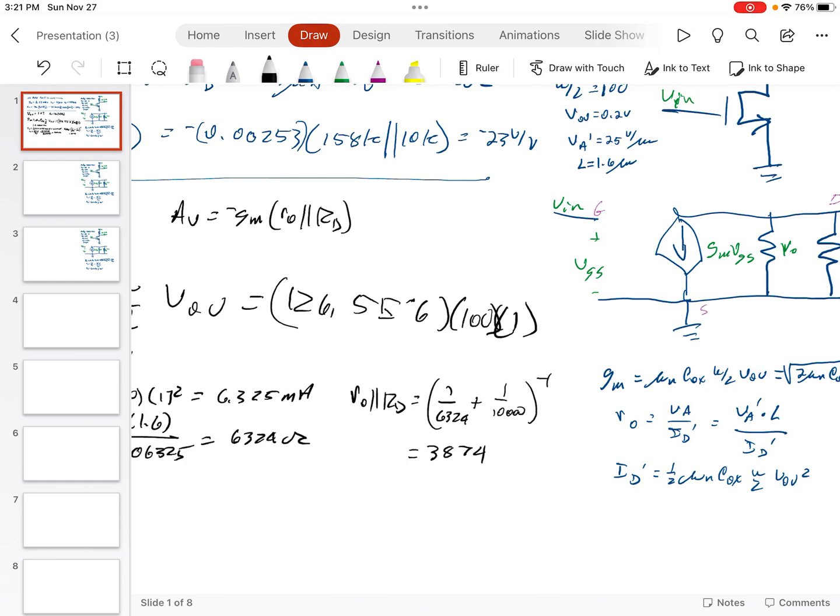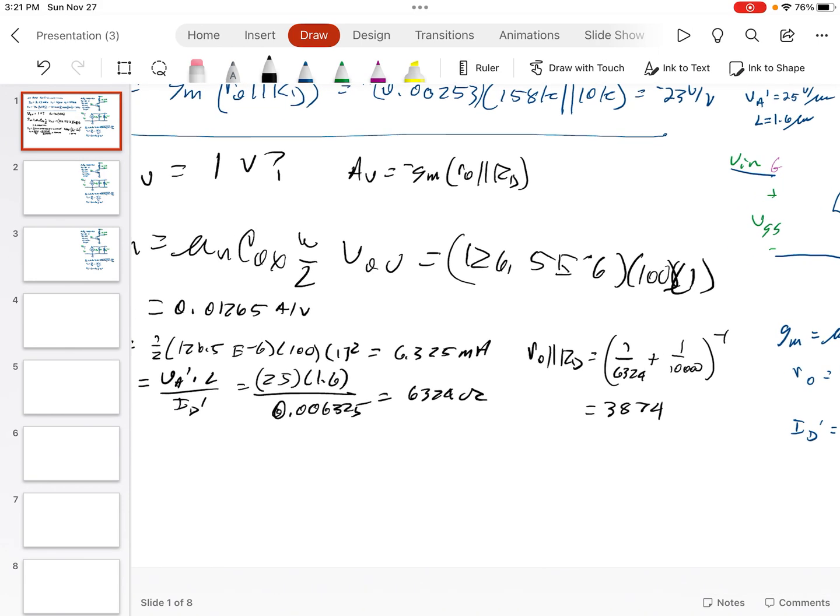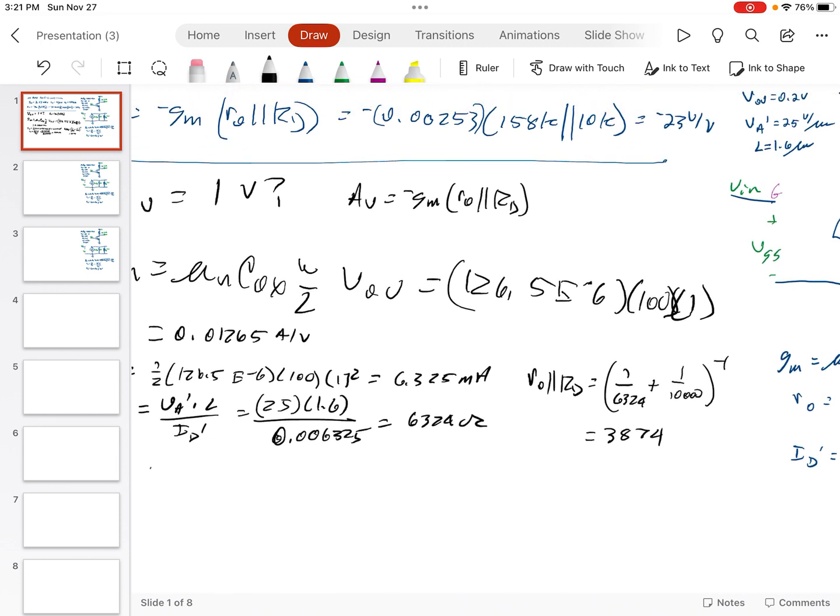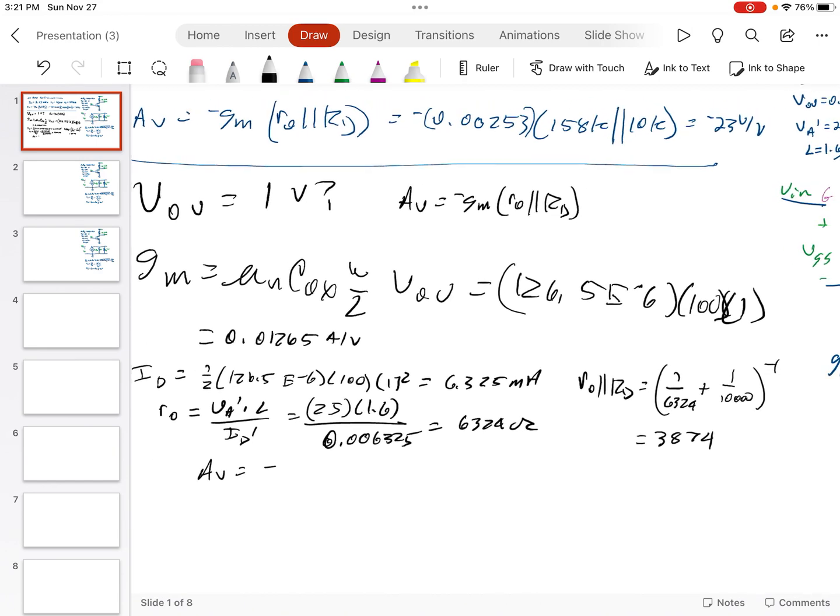And that's smaller. So now we get a gain of minus GM, which is 0.01265 times 3874, minus 49 volts per volt. So in that case, that did a good thing for our gain. The effect was big on the gain,